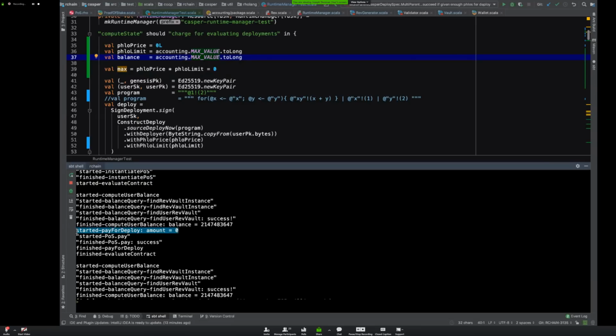We then determine how much we're going to have to pay for the deploy. And as I mentioned above, the amount that